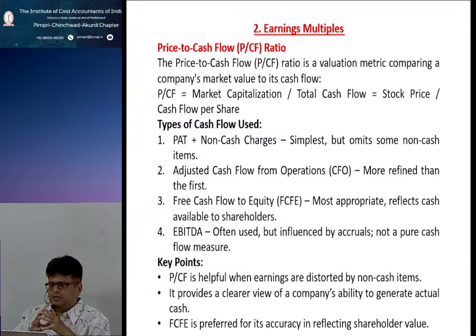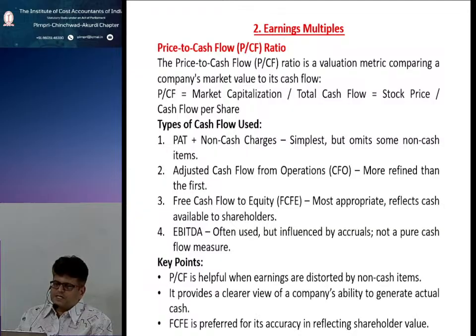Then comes another earnings multiple, that is price to cash flow, P to CF ratio. So price to cash flow, P divided by CF ratio, is a valuation metric comparing a company's market value to its cash flows. P to CF is equal to market capitalization divided by total cash flow, that is equal to stock price divided by cash flow per share. So the types of cash flow used in this ratio are PAT plus non-cash charges,